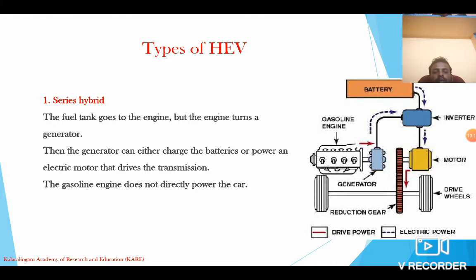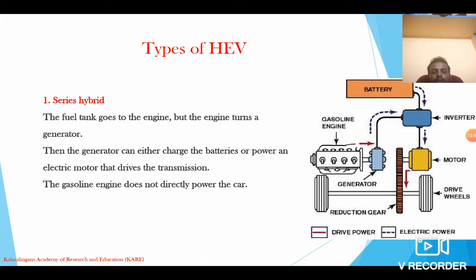A series hybrid vehicle is nothing but a vehicle where we can use two power sources, the IC engine as well as electrical drives. But in this case, the IC engine is used to recharge the battery alone, right? It helps to recharge the battery with the help of the generator, but it doesn't help to propel the vehicle. The IC engine is coupled with the generator. So if you want to recharge the battery, you can just switch over to the IC engine, and then we can generate electricity from the generator to recharge the battery, right?